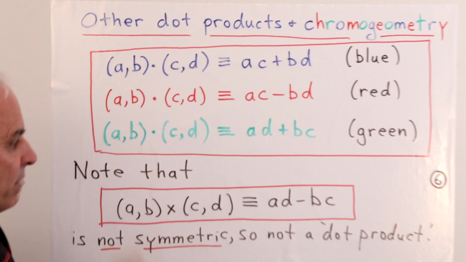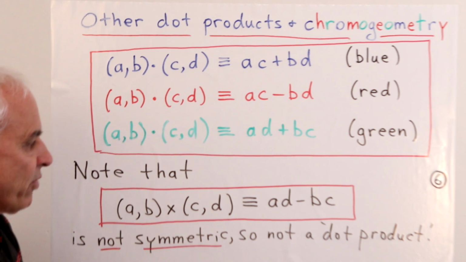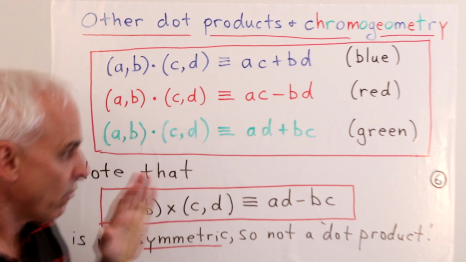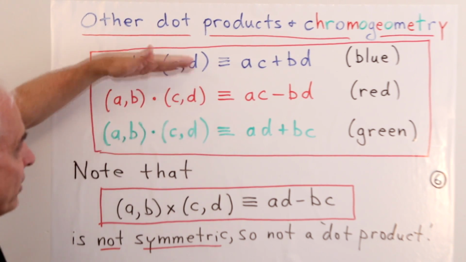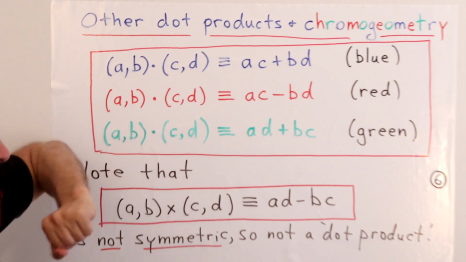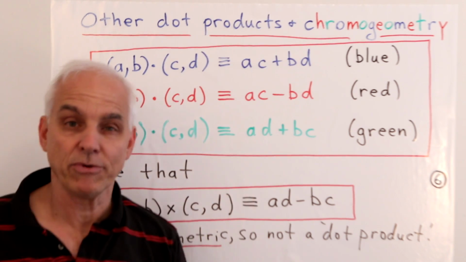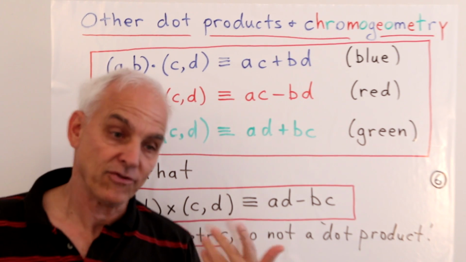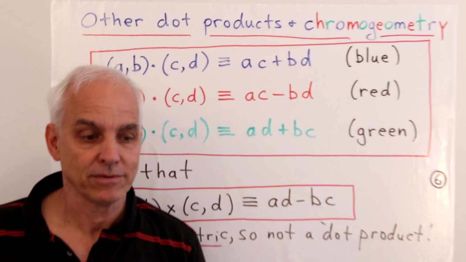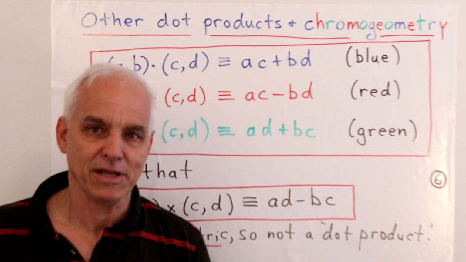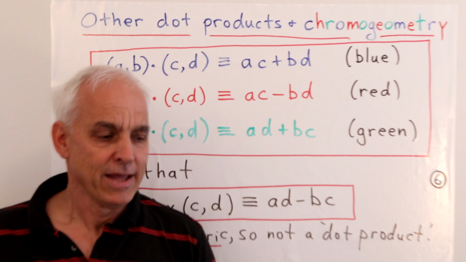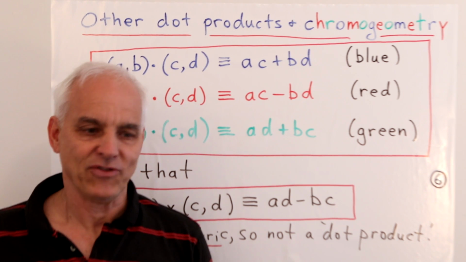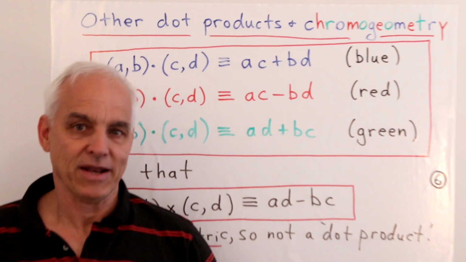So we have three dot products and we have one cross product, and somehow these four things fit together in a very beautiful way. But what's really important is the threefold symmetry represented by these three. This is the phenomenon of chromogeometry that's really only been around for less than 10 years. That was my discovery, and I think it's one of the most pleasant things that I've been lucky enough to discover. It gets so rich, and it's fabulously interesting and different from the geometry that has come before.